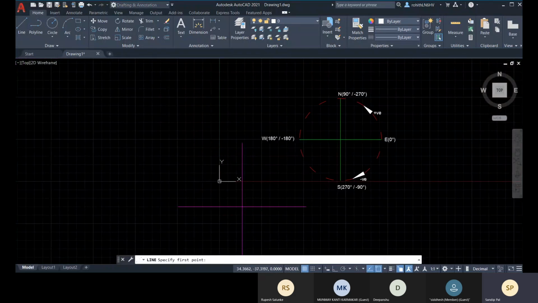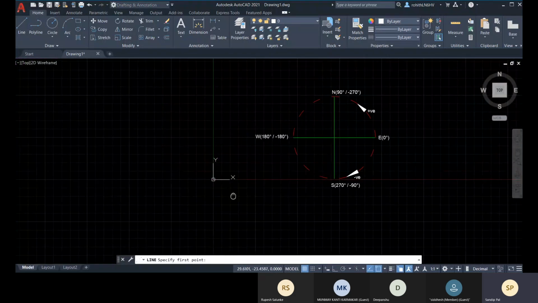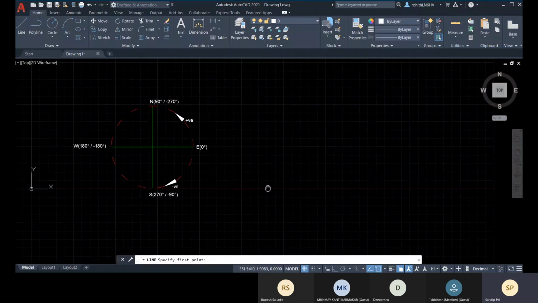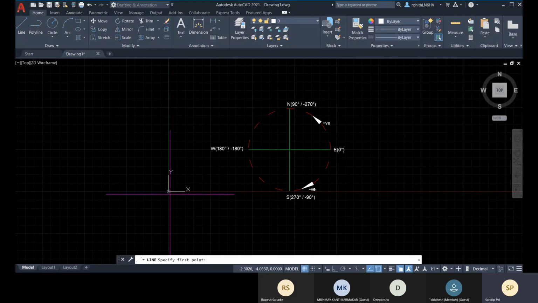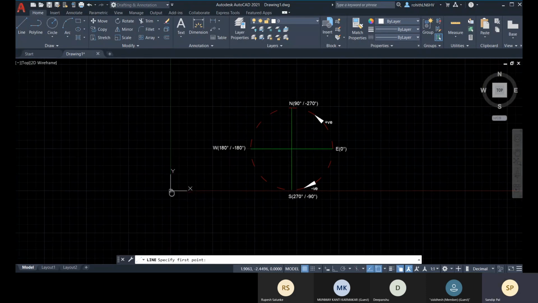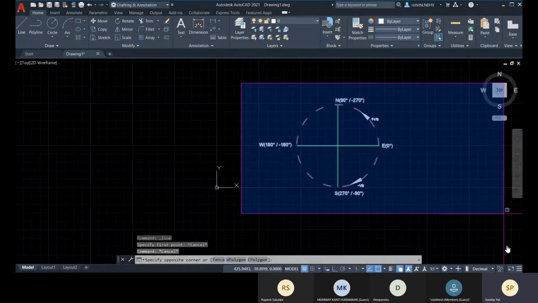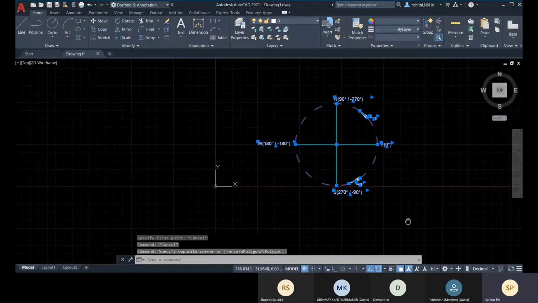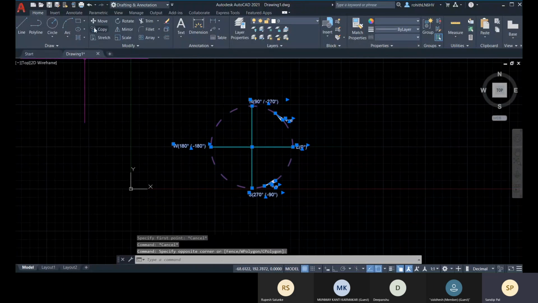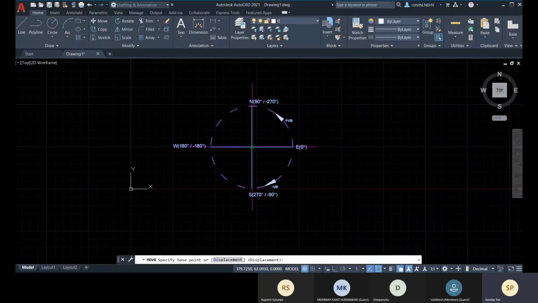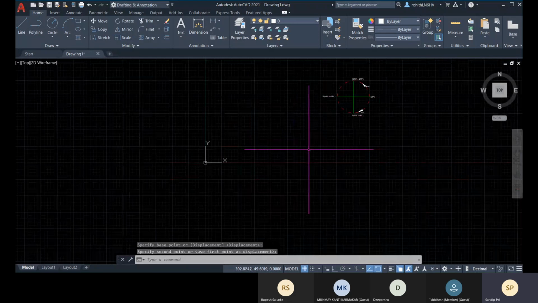So let me draw any line segment with the polar. So let me draw the previous diagram with the polar values. So for that, I will go with absolute polar, so that I have to draw. So that will be calculated always from the origin. Okay, so let me just reposition it there.